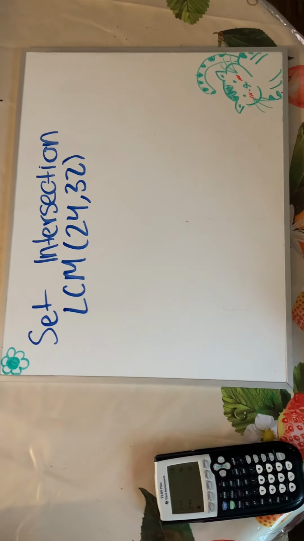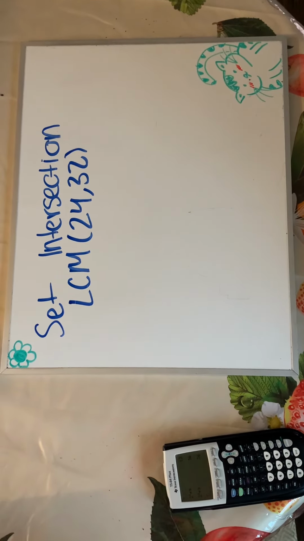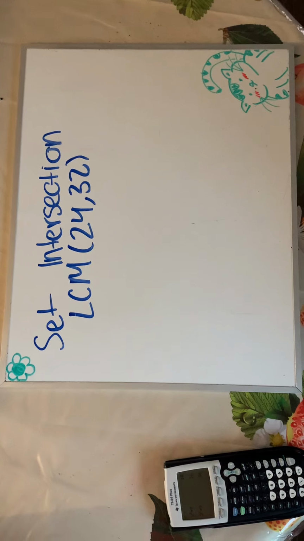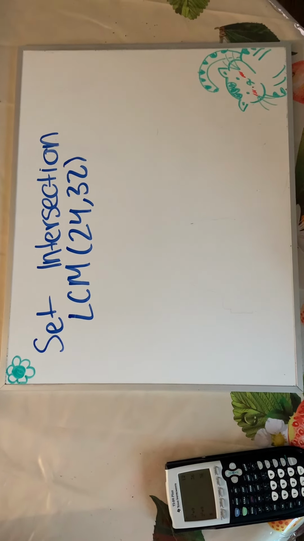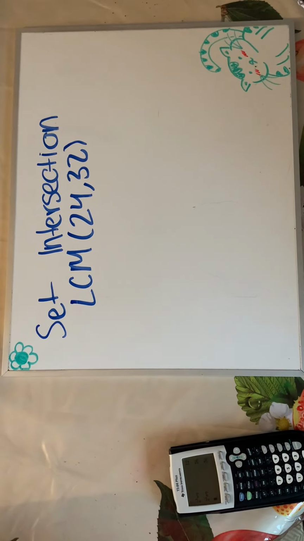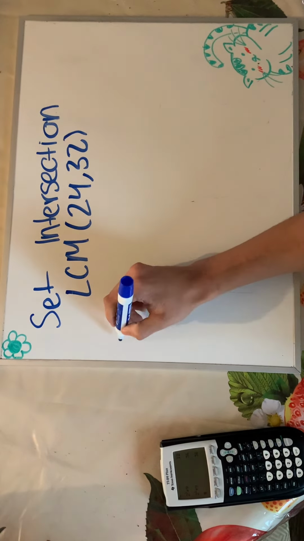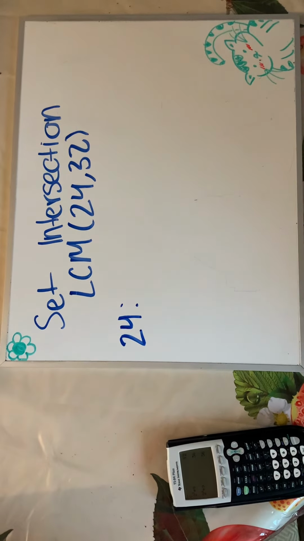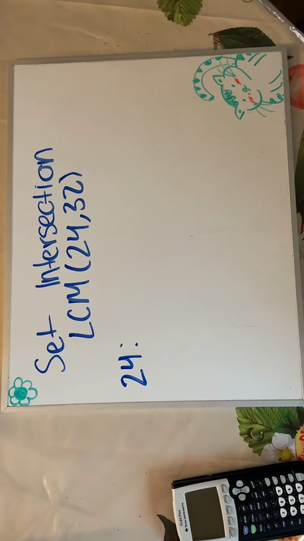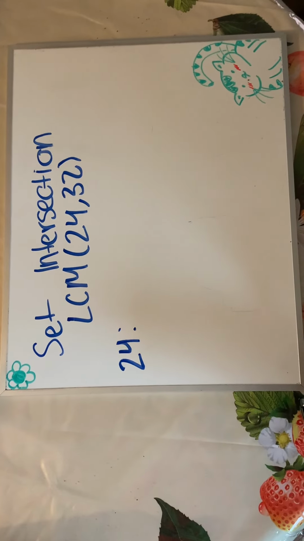We'll look now at the last example of the ways how we can find the LCM. The last way we can do this is by using the set intersection. Let's now find the LCM for 24 and 36 using the set intersection. So 24, and for this way, we'll list out the multiples of each number. So that's 24 times 2,